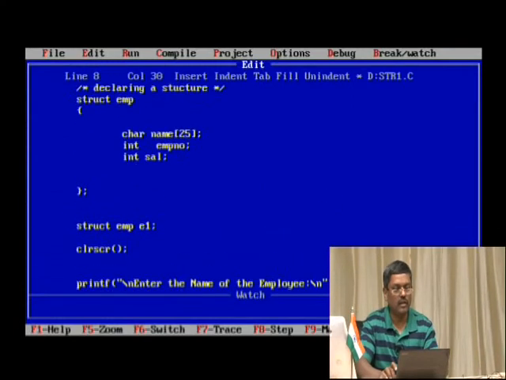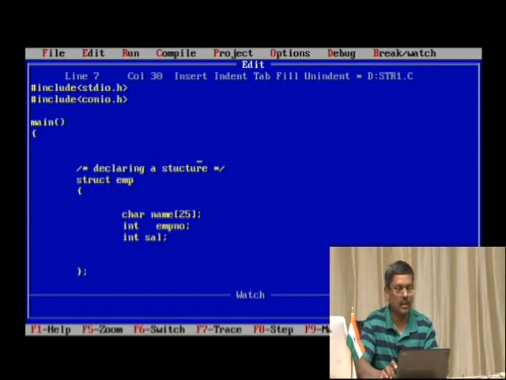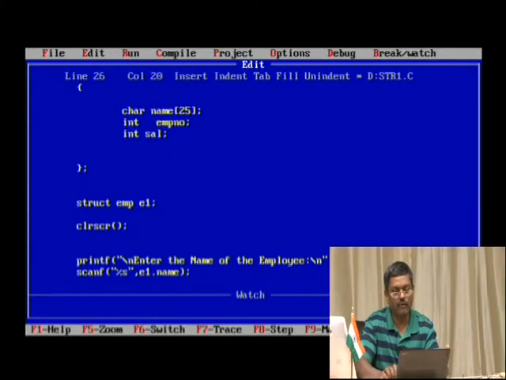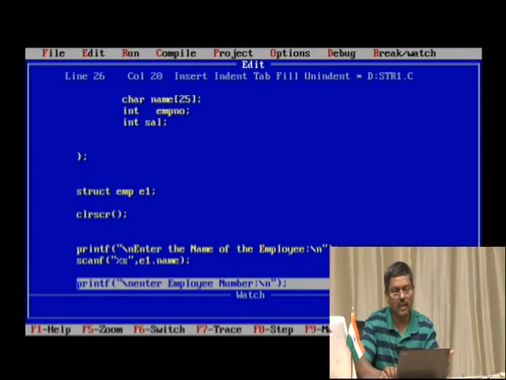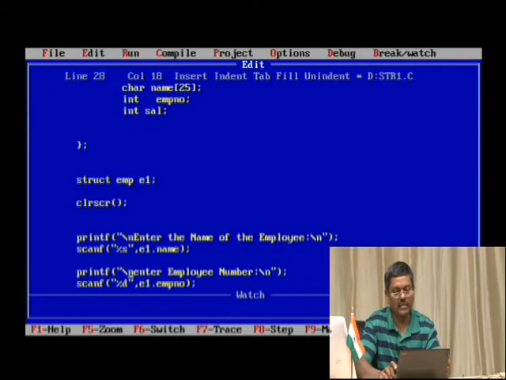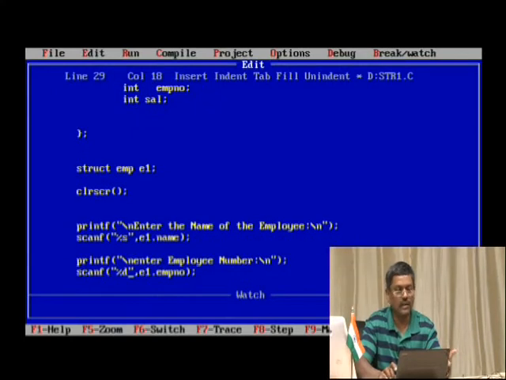So as you have seen, how to declare a structure with a structure name called employee, and its members which are of different data types, which I am combining over here, and then defining a variable with that structure name. With that variable we can actually access the memory, and read from the keyboard, and then output onto the screen. So whether it is printf or scanf, we can simply use this.